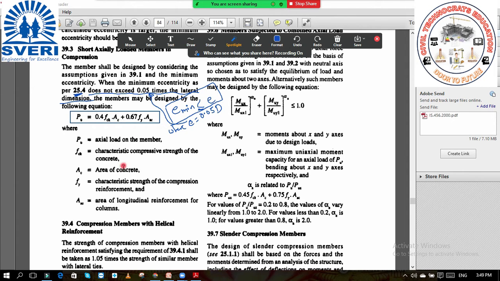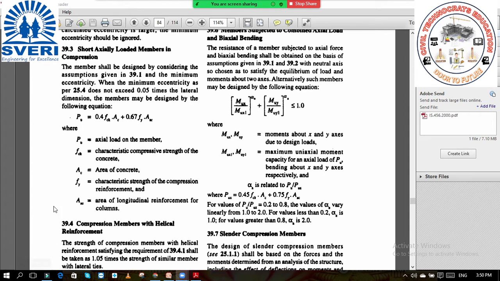Fck, you know. Ac means area of concrete, plus 0.67 fy into Asc. Fy you already know, Asc means area of steel in compression zone. So by using this formula, you can calculate the load carrying capacity of the column. For the load carrying capacity of the column, you need to refer to this clause 39.3. So now moving further,